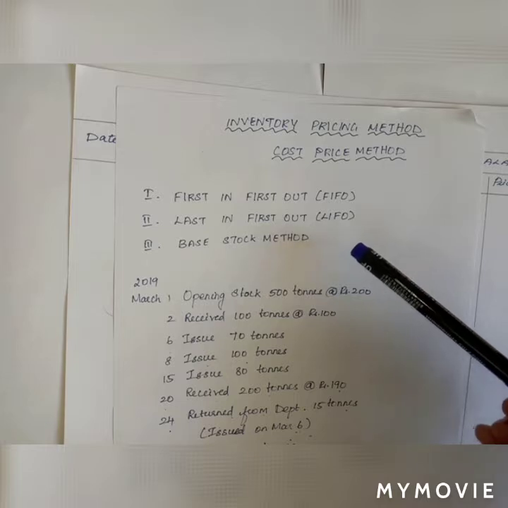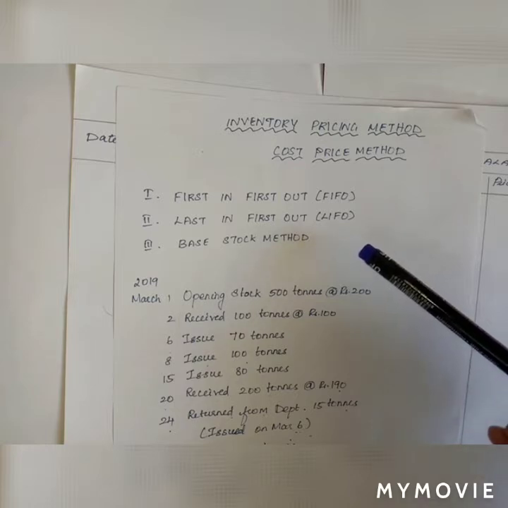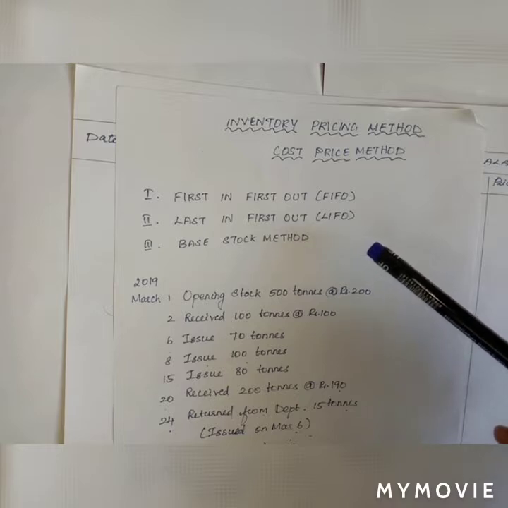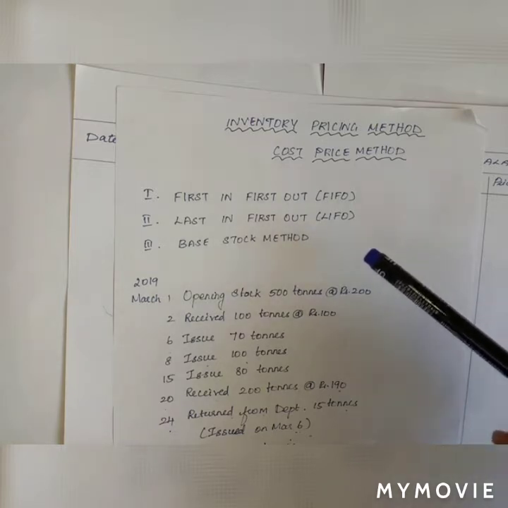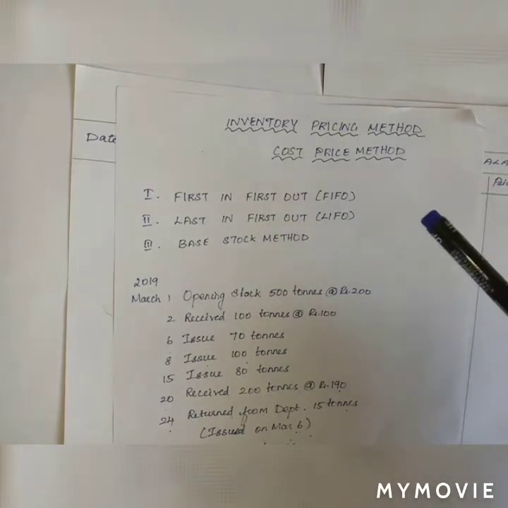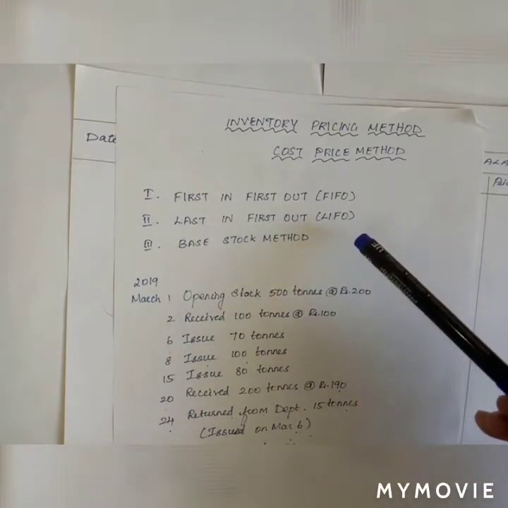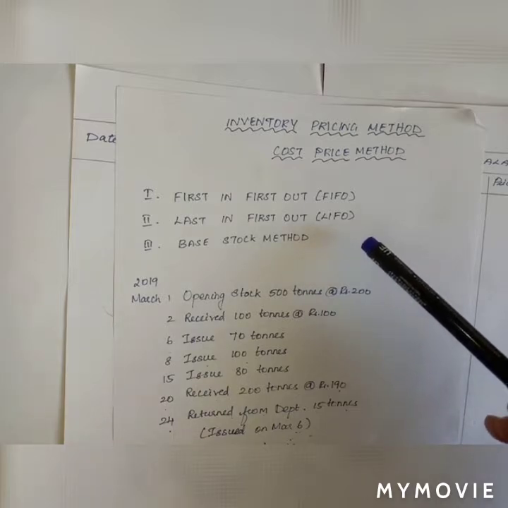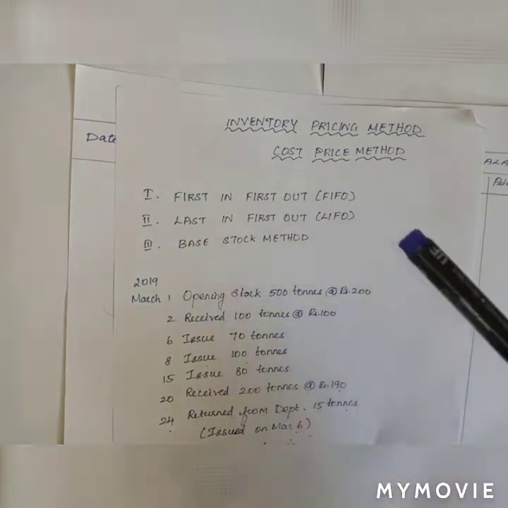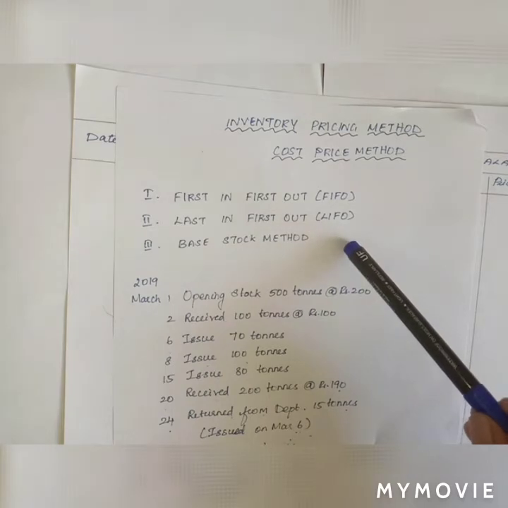And in base stock method, we can call it a precautionary method, where you will have a base stock, a safety stock. All the materials will not be washed out from the warehouse. Therefore, you can maintain a smaller quantity of raw materials in the warehouse and release the balance. So always you will maintain that particular balance. That we call the base stock method, as a particular stock, that is base stock, is being maintained.